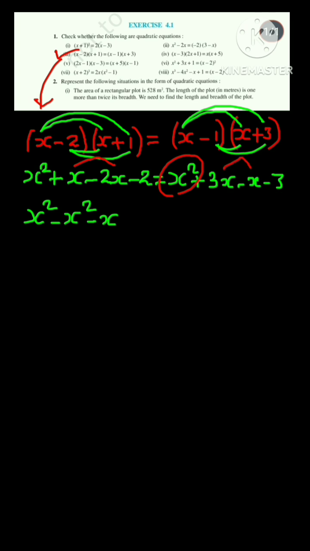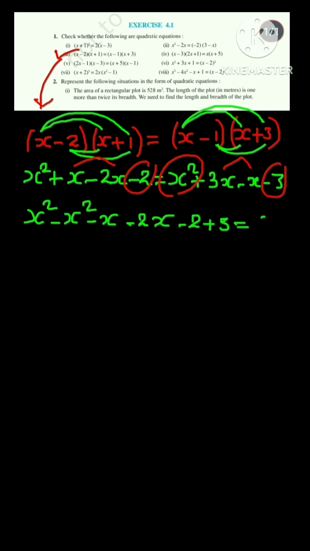After subtracting we obtain plus 2x, and this plus 2x comes to LHS and becomes minus 2x, and this minus 2 as it is, and this minus 3 also comes to LHS and becomes plus 3